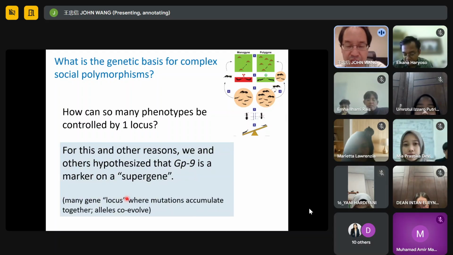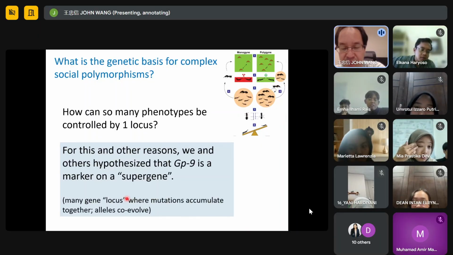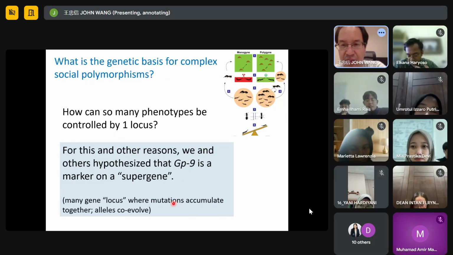So in humans, we have an X and Y chromosome. The Y chromosome and X chromosome are kind of like two different alleles of supergenes because there's basically no recombination between the X and Y chromosome. So all the genes on the Y chromosome accumulate mutations together, and those typically help males. Whereas on the X, because it's found mostly in females, it might have genes important for females. All right, so